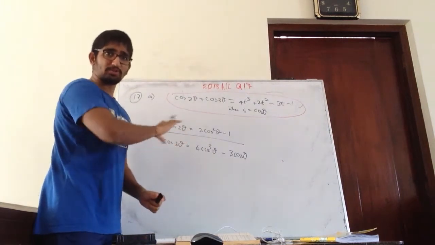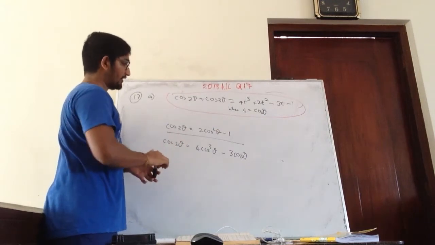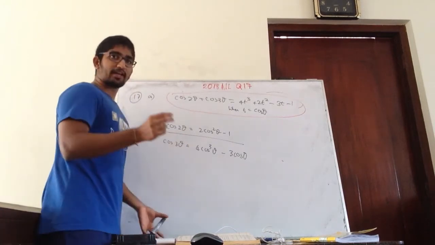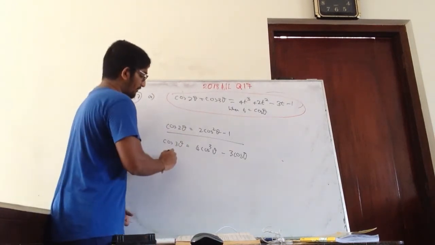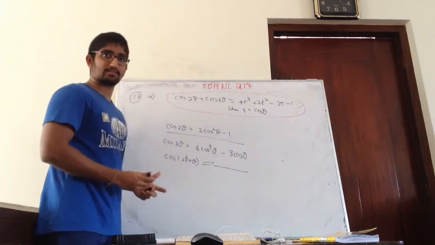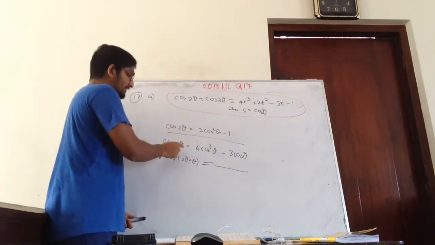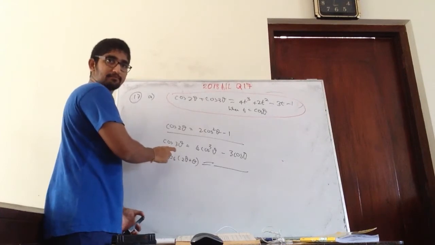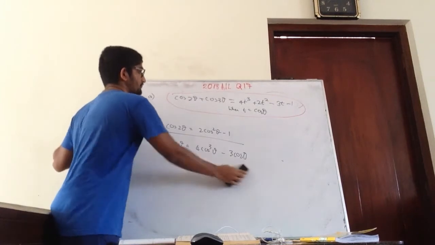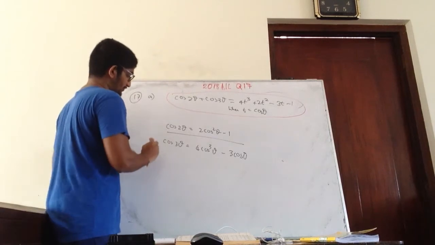So now these are basically theory. These are all theories. These should be in your mind. If you can't remember this cos 3 theta, you can straight away find it by this expansion. You can get the expansion here and get the answers there, right? But it's advised for you all to know this definitely. If you can't remember, do the expansion and get the answer. Right. So now we just need to put these values here and get the answer.